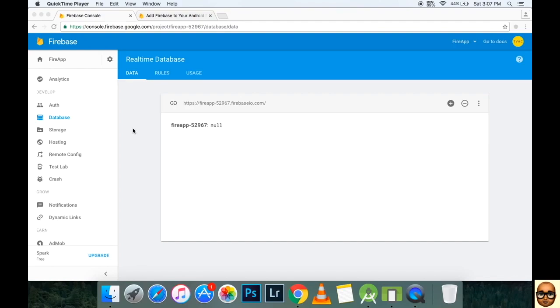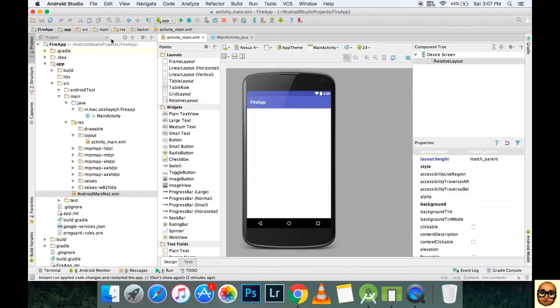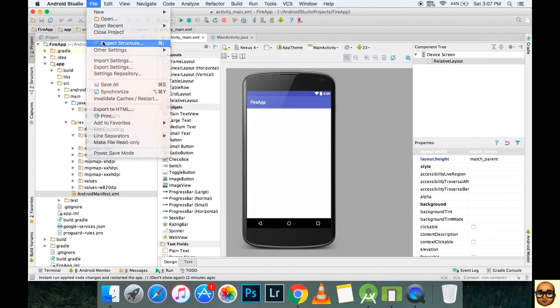In this part, we're going to store some data to our database. So first of all, what you need to do is go to your Android Studio, go to File, Project Structure,